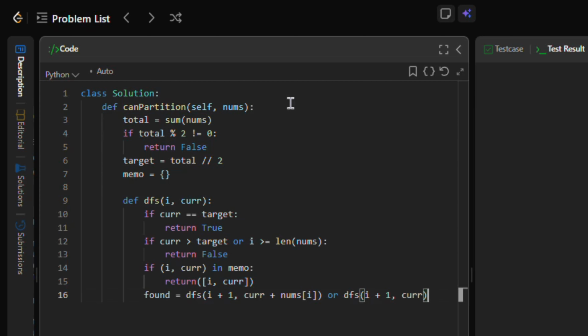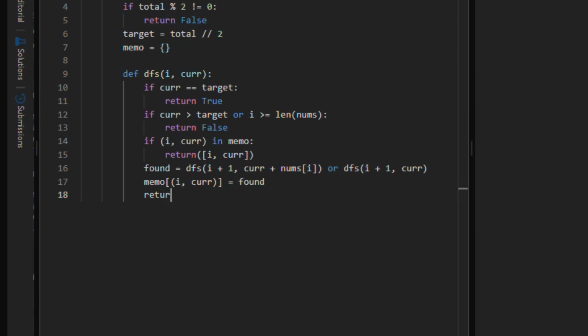If either path returns true, then we have found a valid partition. We save the result in our memo dictionary. This way, if we ever revisit the same index with the same sum, we can instantly reuse this answer. We return the result of the two depth-first search attempts, either true if any path led to success or false